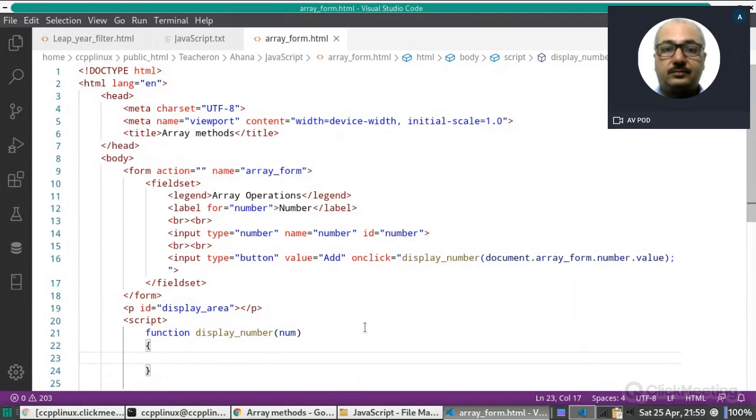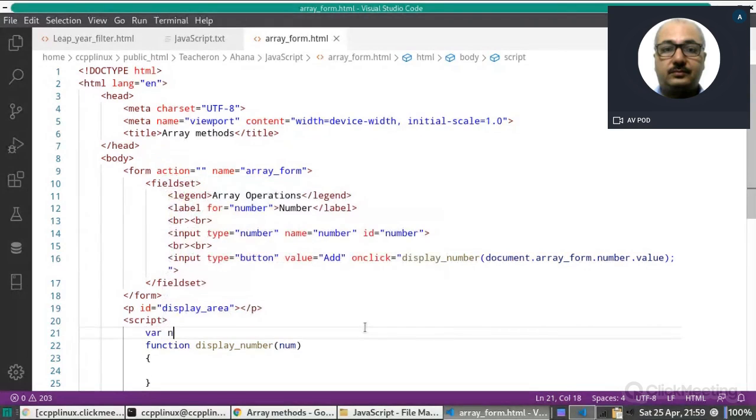Now what should we do? First of all, we should define an array. Suppose that array is outside this function: numbers equal to an array. That means this is an external array, available everywhere, inside this function also.